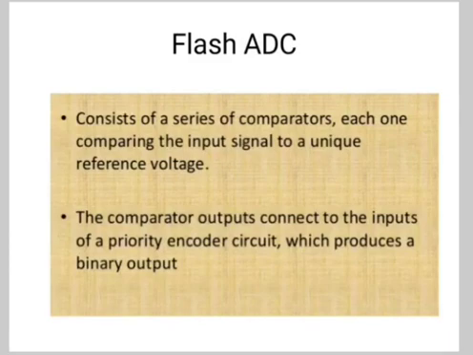It consists of a series of comparators, each one comparing the input signal to a unique reference voltage, and the comparator outputs connect to the input of a priority encoder circuit, which produces a binary output. So the flash ADC, also known as the direct conversion ADC, is a type of analog to digital converter which uses a linear voltage ladder with a comparator at each rung of the ladder to compare the input voltage to successive reference